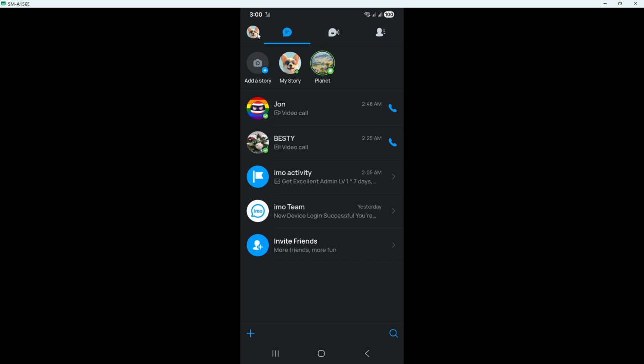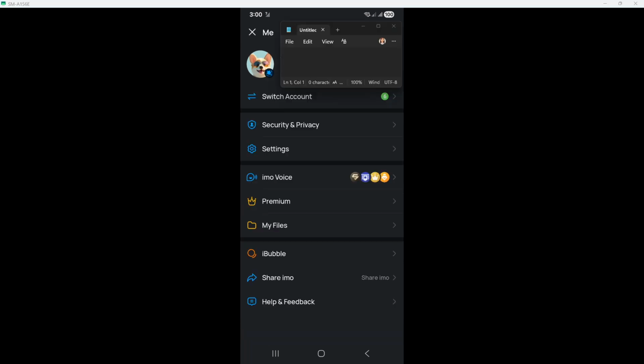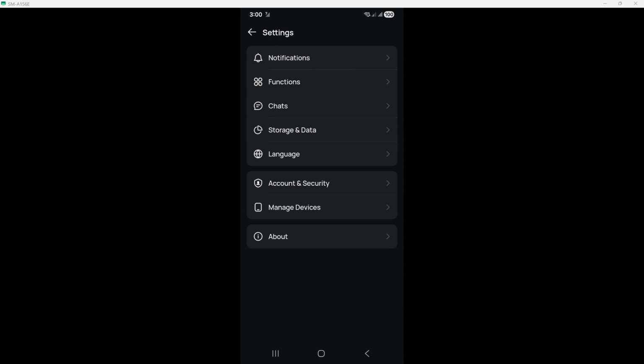After that, go to Settings by tapping the gear icon. In the Settings menu, look for the Account or Privacy section, depending on the version of the app you're using. Tap there to continue. This is the area where account management options are typically located, including the option related to